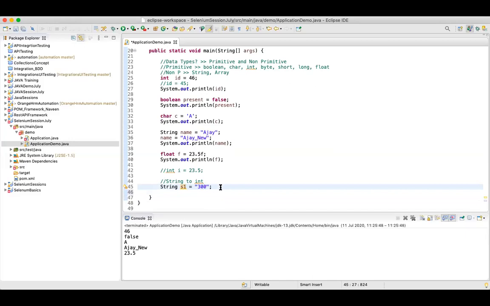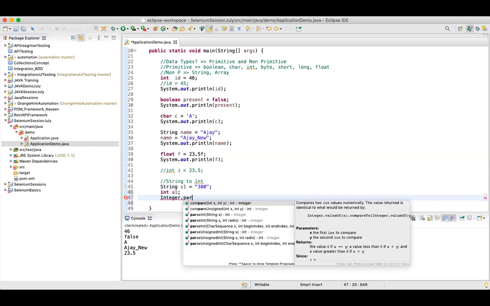But I want to convert this, so I'll define one integer, a1. To convert the value, I'll use the Integer class and say Integer.parseInt.